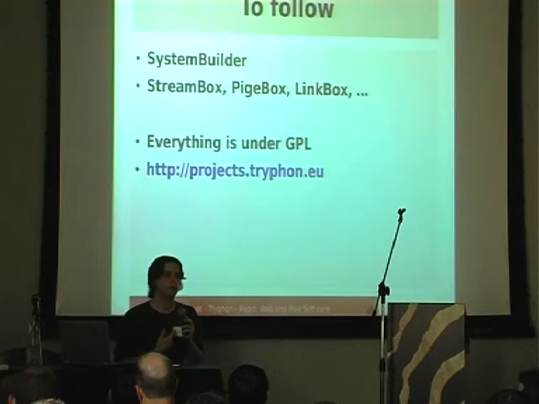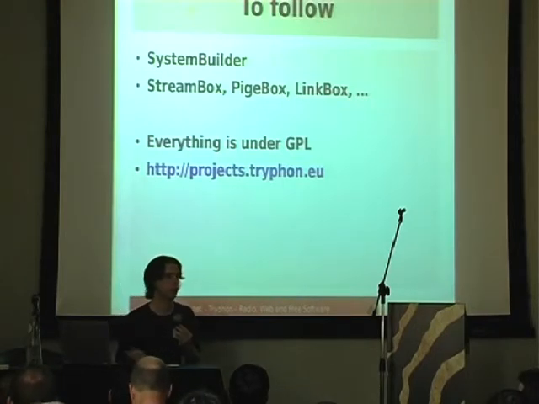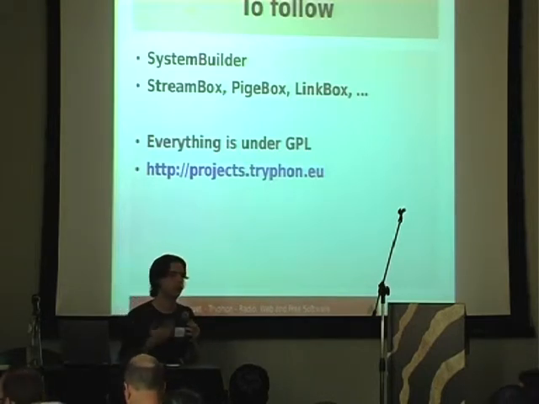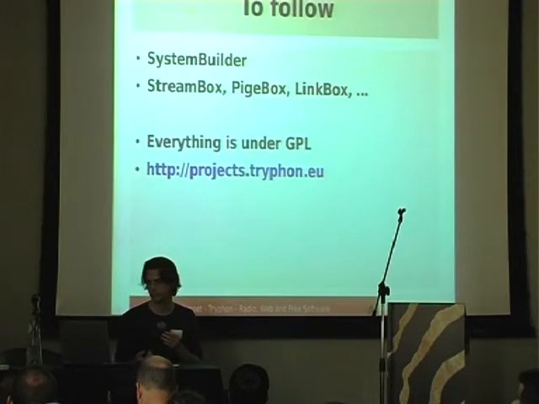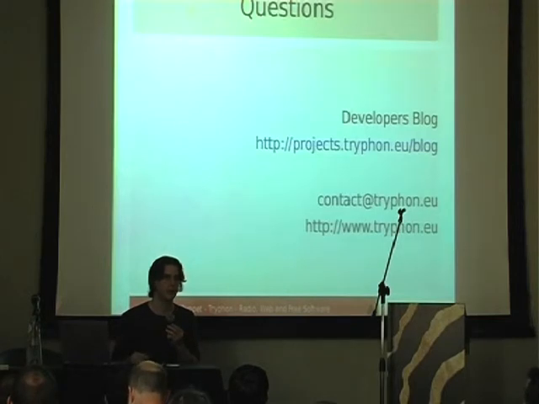All these projects are free. So system builder is the gem and project. Streambox, Speechbox, Linkbox, and so on are free projects you can rake. You can run your own rake task to create your box. And you can find it on the website. The share module is free, everything is free. And this is for embedded Puppet.